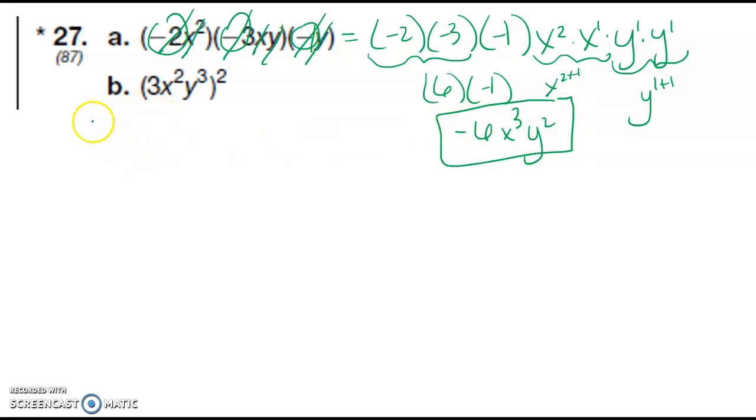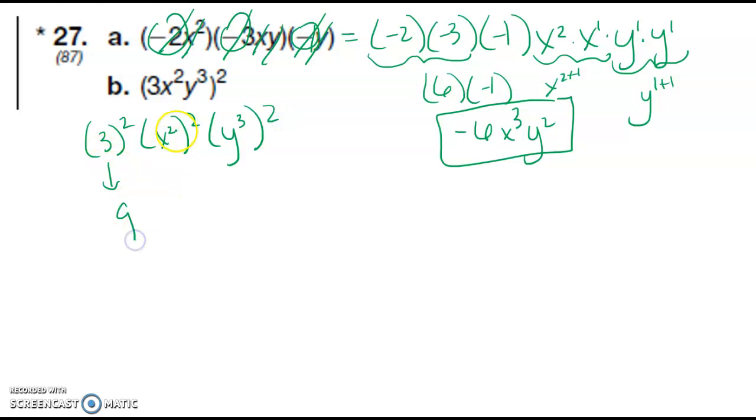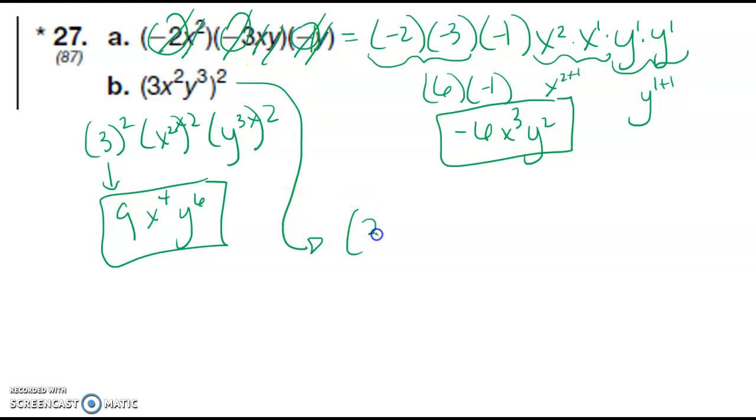And then here again we have 2 ways we can do this. So 3 squared is 9. This one we're going to multiply, so that's 4. This one we multiply, so we have 6. If that does not make sense to you, then what I want you to do is